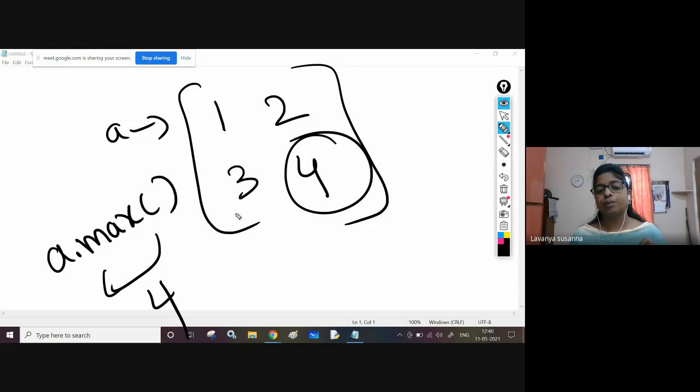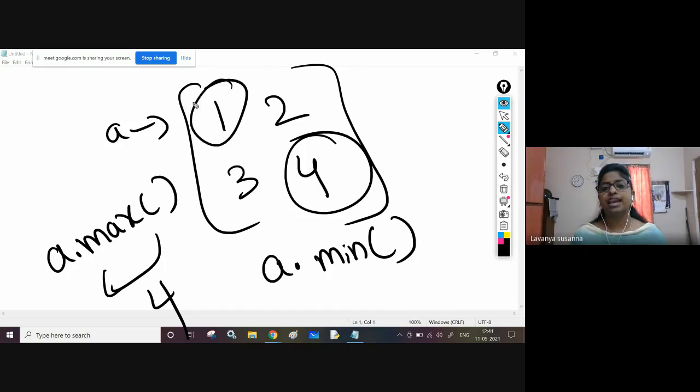For finding minimum and maximum, A dot max, A dot min. For remaining everything, like diagonal, you need to pass the array: diagonal of A, sort of A, sum of A, like that. A dot max gives the maximum element in the array. A dot min, what is the minimum element in the array? It will return 1.